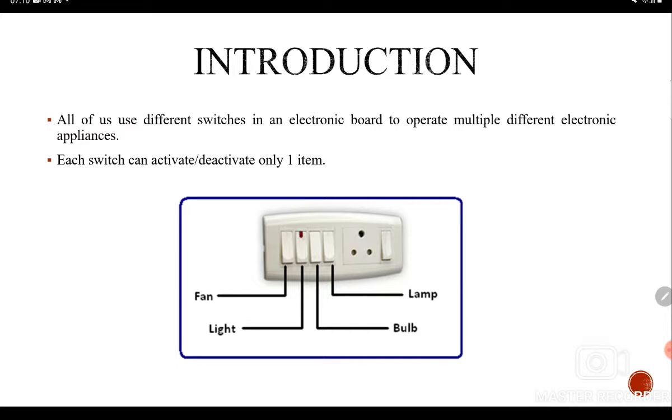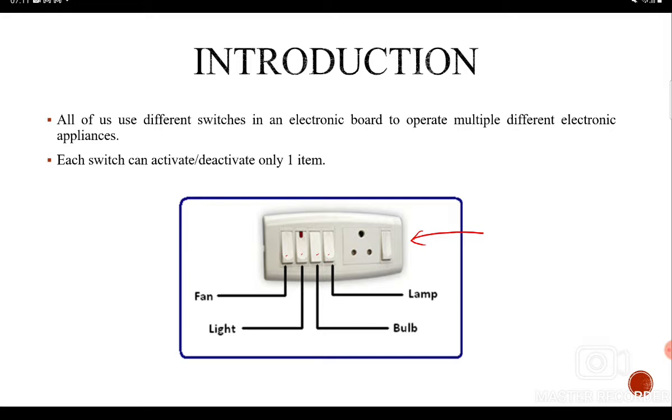So talking about the switch statement, all of us use different electronic devices or electronic appliances in our homes, and those electrical switches are used to control those appliances. They look something like this, right? Or they look exactly like this. So all these different switches have different functionalities. That means if I press the first switch on, then the fan will be switched on. The second switch, the light might be switched on. The third switch, the bulb might be switched on. And the fourth switch, the lamp might be switched on.